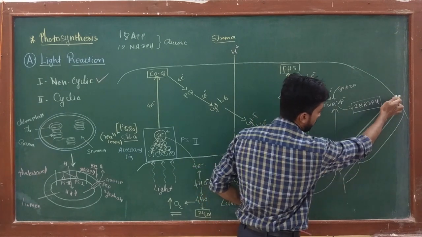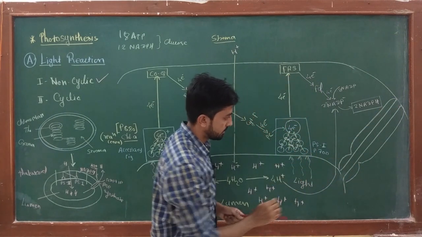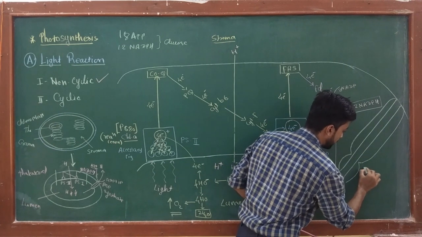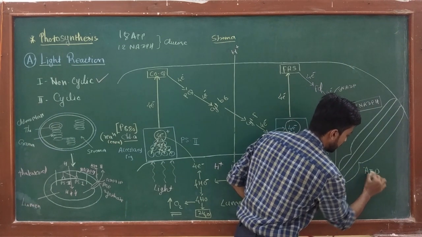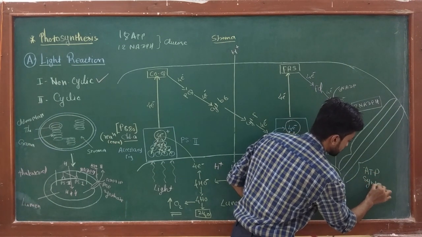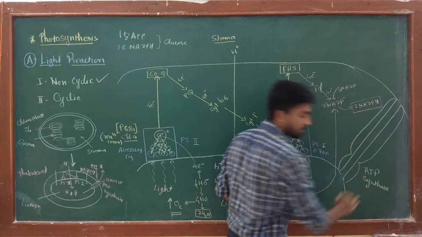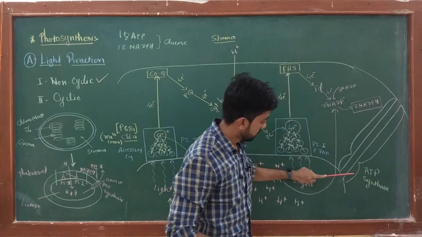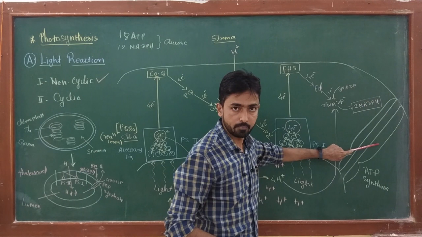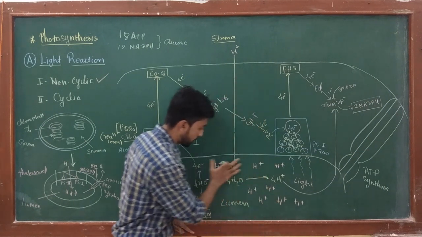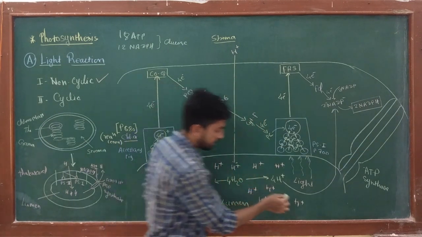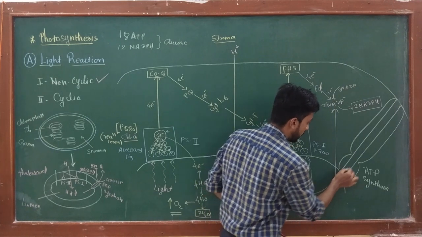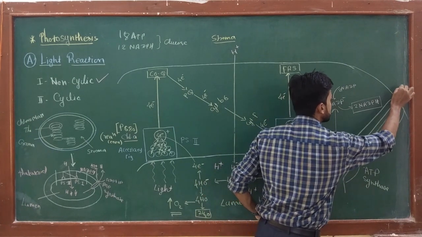This is the ion channel. This enzyme, which is present in the thylakoid membrane, is called ATP synthase. This enzyme has two parts, the F0 part and the F1 part. When a high amount of hydrogen is accumulated in the lumen, hydrogen starts moving out